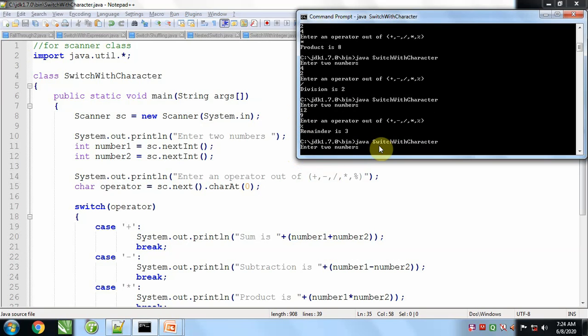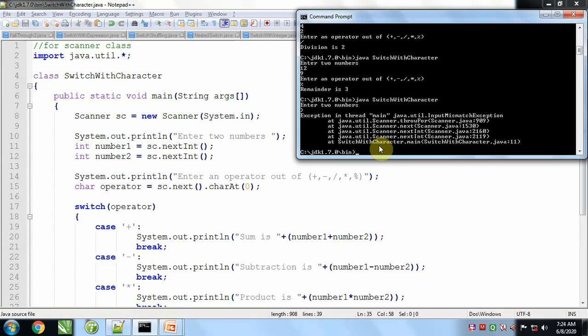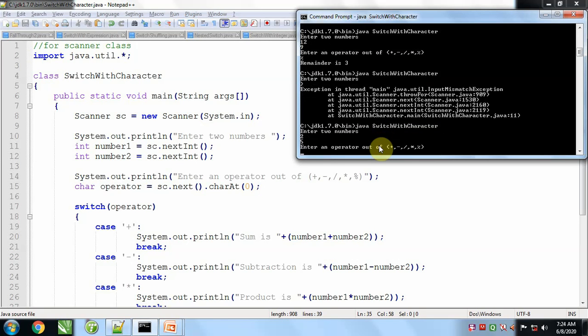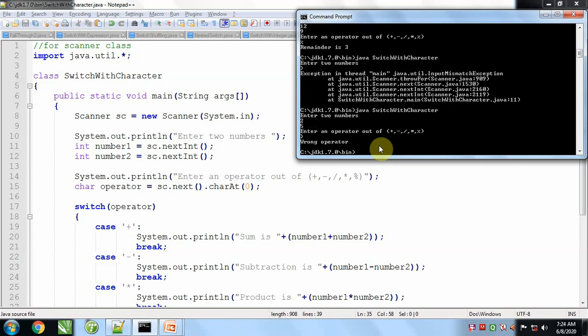If I supply any other operator, like I enter equals to, in that case, first we have to enter the numbers, and in case of the operator, if I supply a wrong operator, it will generate the message wrong operator.